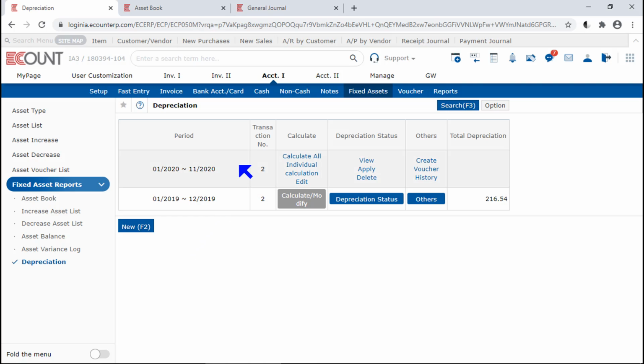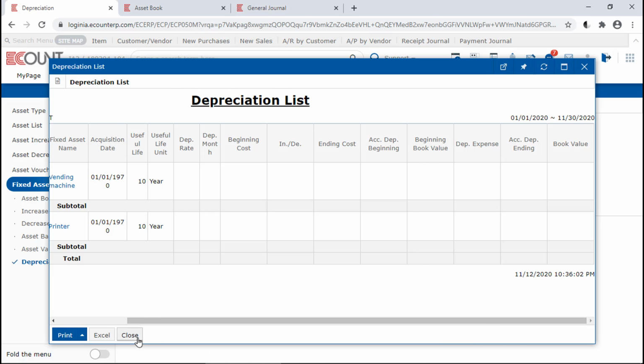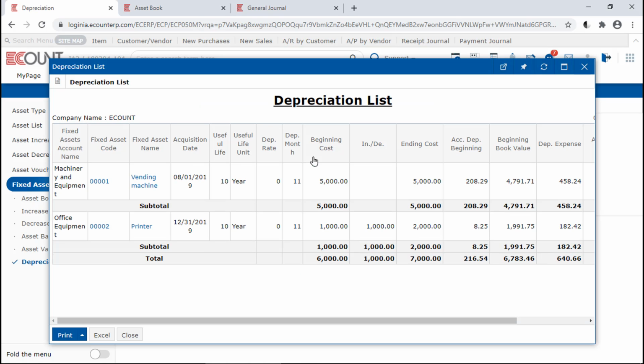After saving, the corresponding period will be created in the list. And since you have not run the calculation yet, no data will be displayed when you view the status. And to run the calculation, you can simply click Calculate All button in the screen. The program will run the calculation based on the asset vouchers that you have entered so far in the left menus. And after clicking Calculate All button,